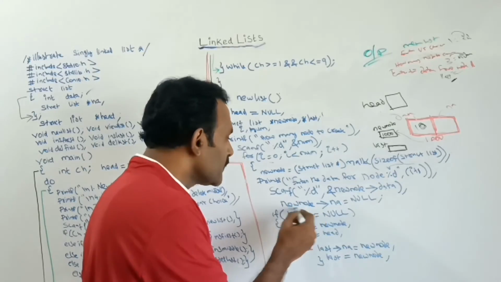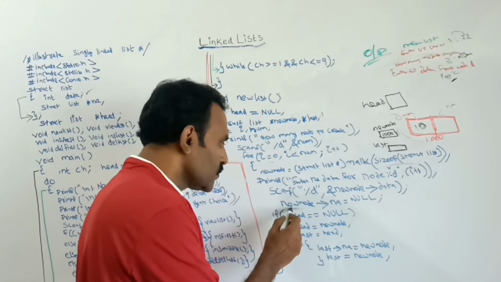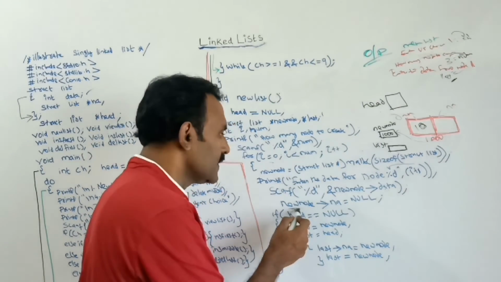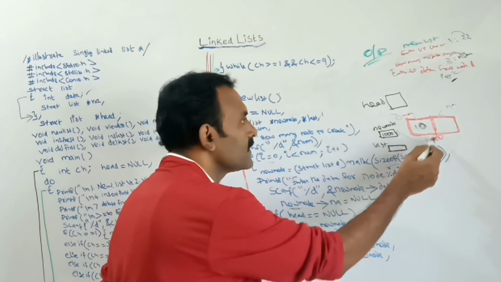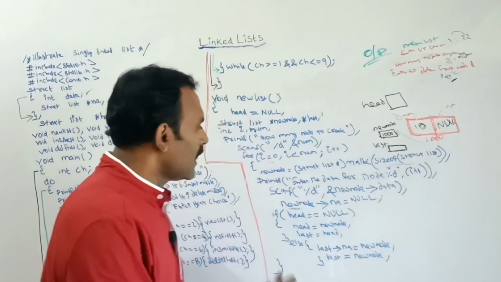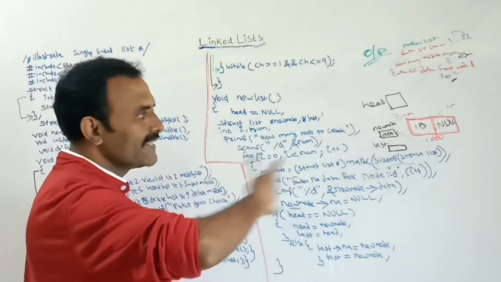So new node means we should remember that address only, we should keep it in mind. What is that new node? 1000. To that 1000th address's NA field I am giving null. This is the NA field, I am giving it as null. So up to this we have created the node only. Here we haven't linked anything.